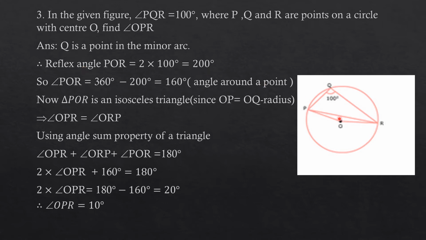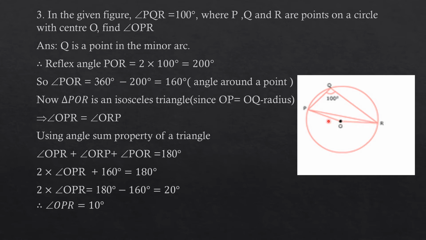Therefore, angle POR is equal to 360 degree minus 200 degree equal to 160 degree, using the condition angle around a point is 360 degree. Now, we can see that OR is equal to OP, which is the radius of the circle. Therefore, triangle OPR is an isosceles triangle. Since OR is equal to OP, the opposite angles are also equal. We can write angle OPR is equal to